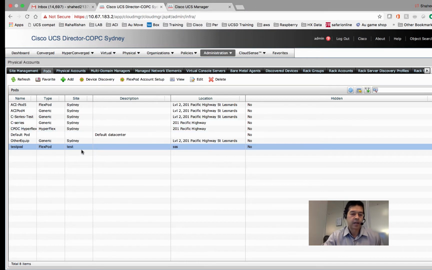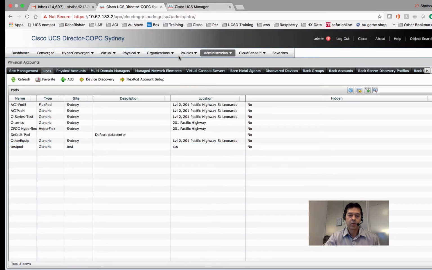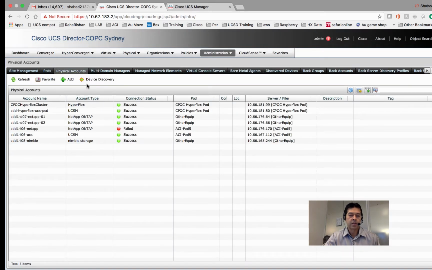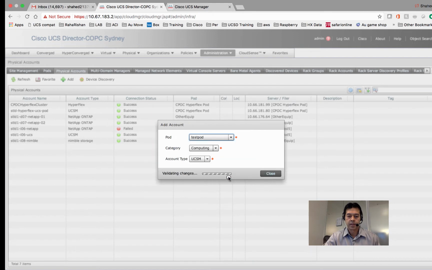All right, I'm back. It's showing only NetApp because of the type of pod I selected, FlexPod. Let's remove FlexPod and put it generic. And the site is test. Now if I go back to physical account, add, test pod,